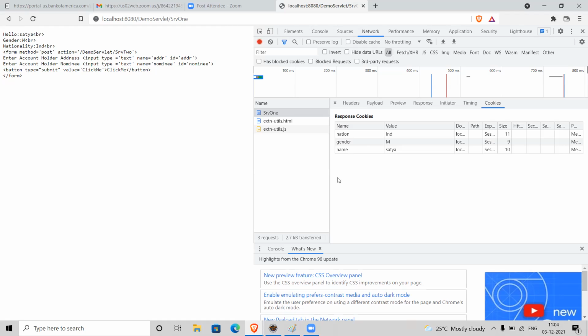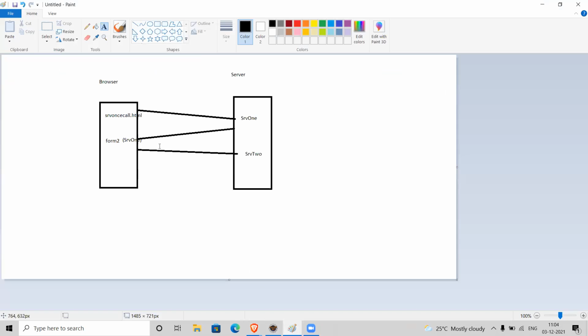The data is being transmitted from client to server and server to client, again client to server. So a lot of transmission, right? That is the drawback of hidden fields. But using these cookies also, we are doing the same thing. Earlier it was a hidden field, but now it is a cookie. There is no difference.